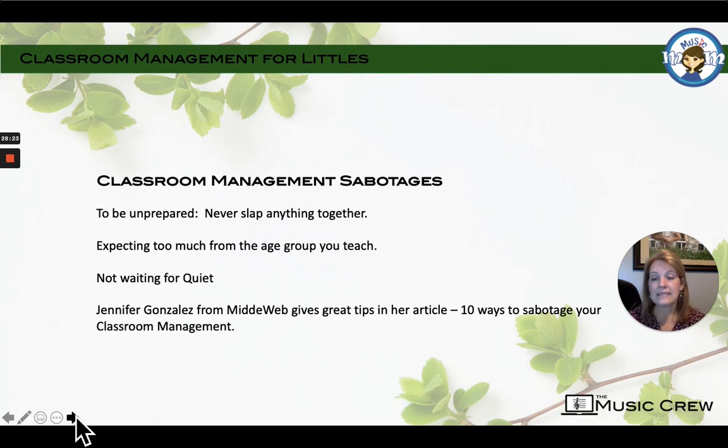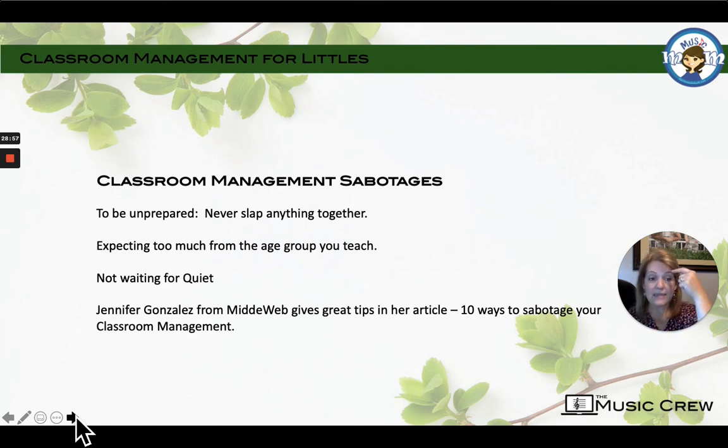Another sabotage is expecting too much from the age group that you teach. Know your age group, okay? Know that with your 4-year-old, there's something that happens about halfway through that year that you should be able to expect to see: a changeover from them holding a crayon or a pencil like this to trying to hold it properly in their hand, okay?